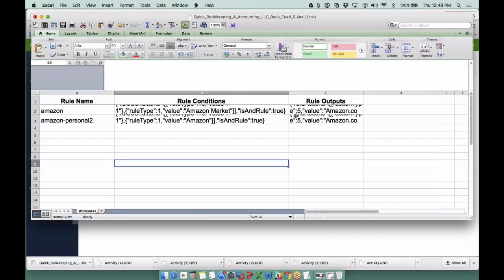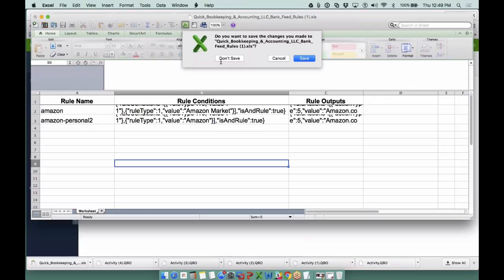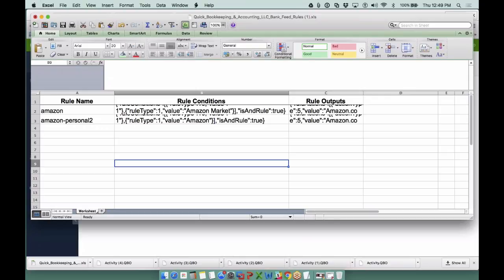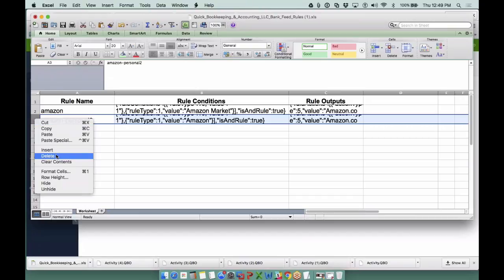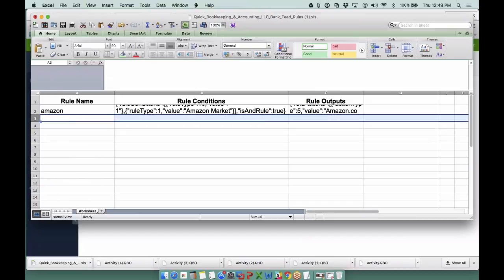So you actually technically don't have to mess with this. I'm just showing it to you because I like seeing the behind the scenes of stuff. But the way this will work is, if these rules are great, but maybe some of these don't pertain to other clients, just manually delete the ones you don't want to import. So let's say, for example, I want to delete the top one, but not the bottom one. So you can actually export your master rules from a really nicely set up QuickBooks Online file, delete the stuff